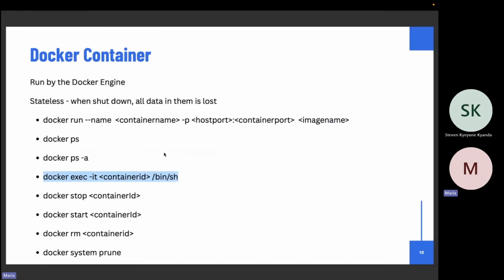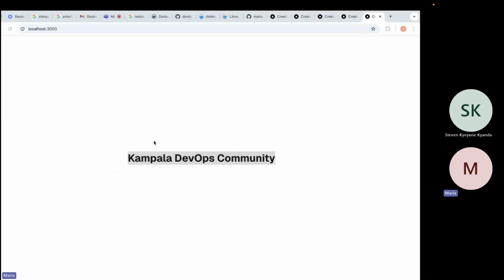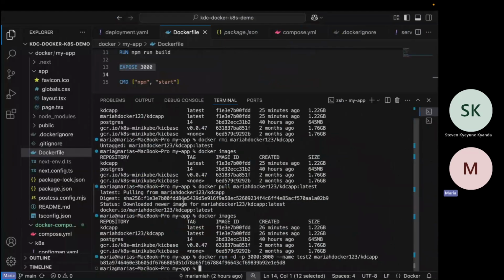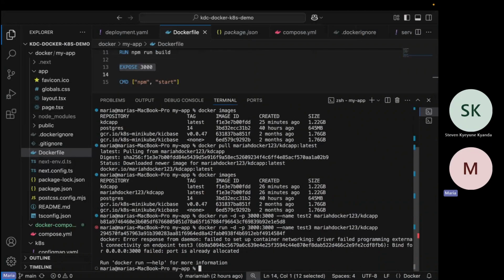Now that there is already a service running on 3000, it will conflict. So if we create another container, test3, with the same ports, it will say the port is already allocated.